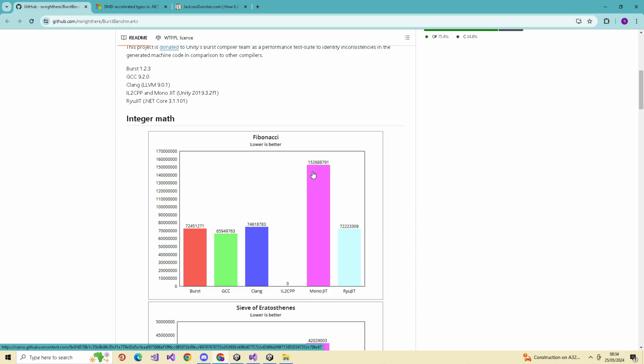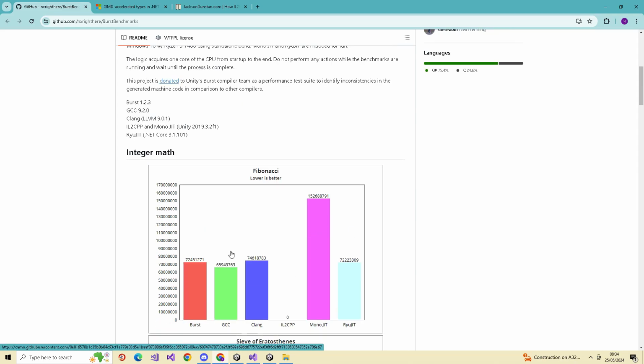This was my loose mental benchmark at the time: C# would take 1.5 times as long as C++ compiled. So if you took C++ unmanaged and C# managed, back then it was about 1.5 times. That was a loose thing I had in my head for this kind of stuff.